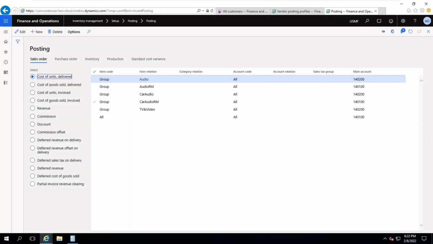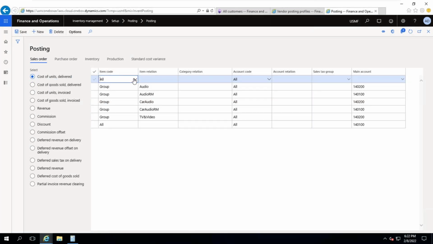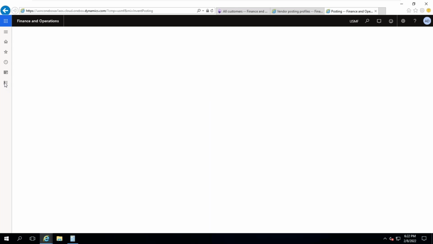Here also available. If you look at this one, if you click new, there are 3 levels: table, group, all, and extra is their category. This I will discuss with you later. This is a pure T&L topic. To some extent I will discuss with you at the time of prepayment invoice functionality. I will discuss with you category. So table, group, all. So same thing you can see from here, from item group.